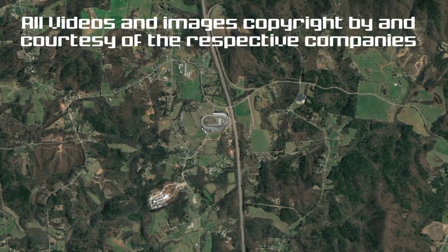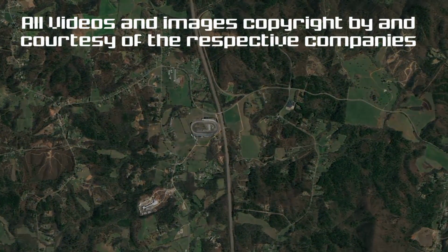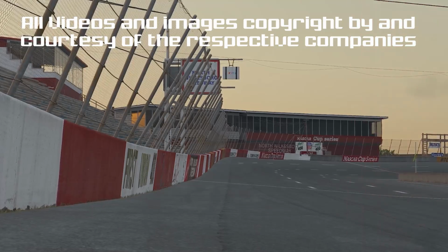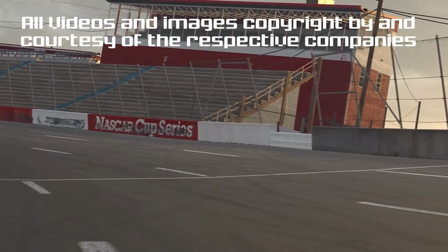iRacing is bringing the North Wilkesboro Speedway to the sim. What makes this track special, other than its special connection with legendary driver Dale Earnhardt, is that the track has not been used since 1996 and had to be cleaned up and repaired so it could be laser scanned for